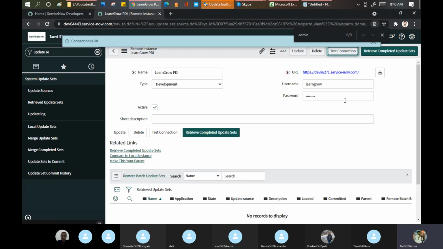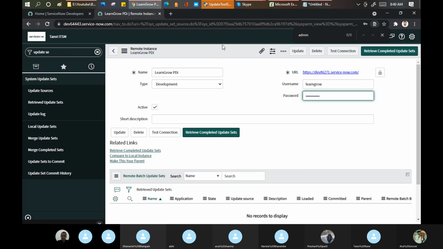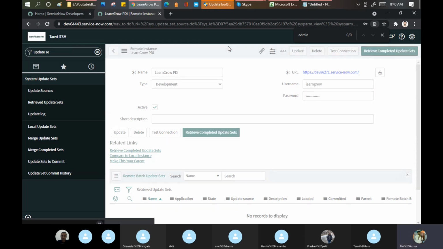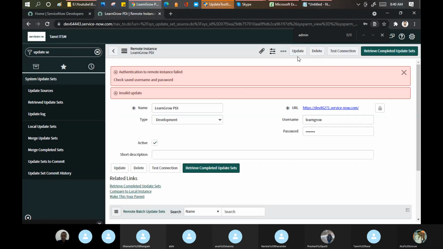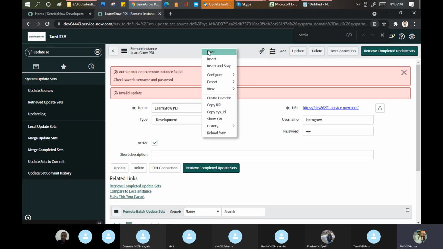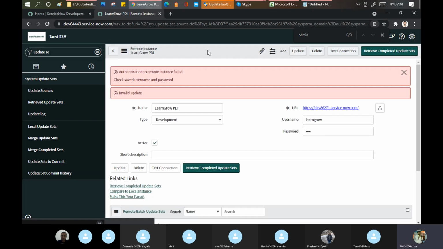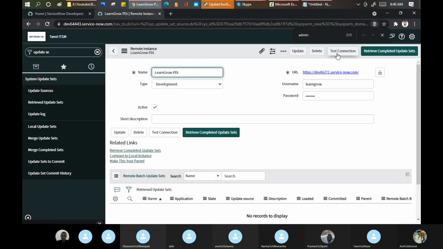Connection is okay. Now let me change the password and save. See, authentication to remote instance failed. It means this username and password is not correct. Let me correct it. Now you can test.